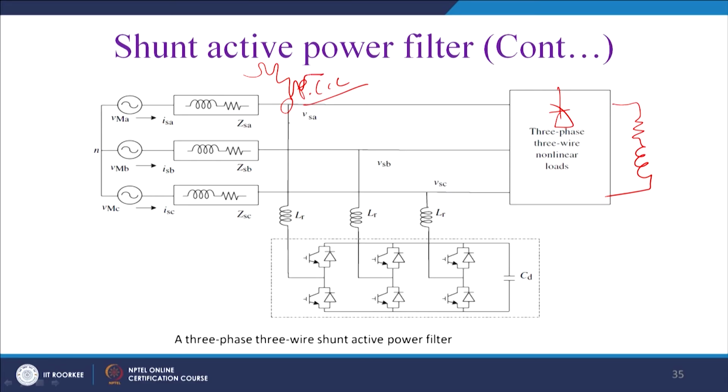We have seen this waveform in our previous class. So, the task of this converter, essentially a voltage source inverter, is that it works in a current control mode, and it does not contain any energy storage or any bulky capacitor. The task of this capacitor is actually to instantaneously balance the voltage, otherwise it does not require anything. It generates the harmonics and feeds them to the source, so that the source will see it as if a balanced resistive load is connected at the point of common coupling.